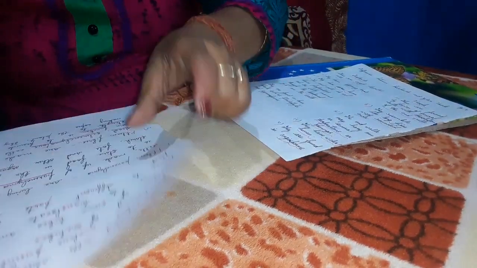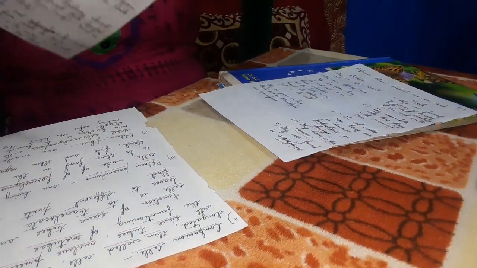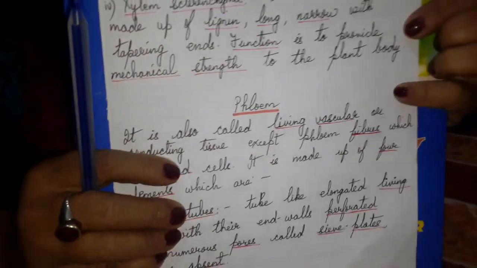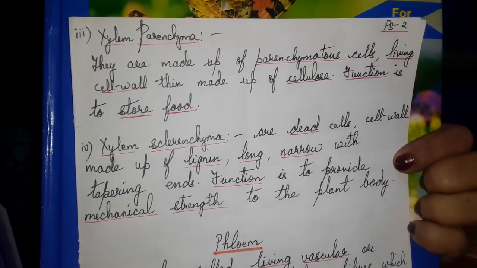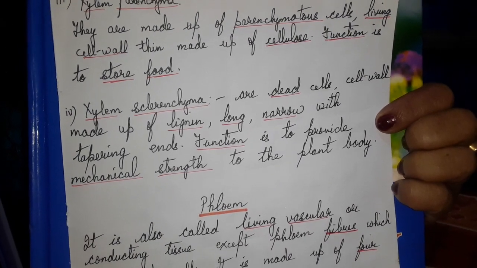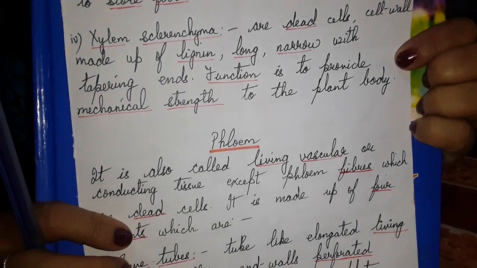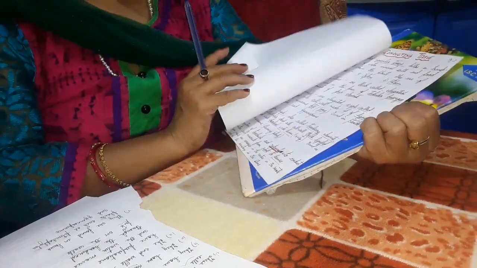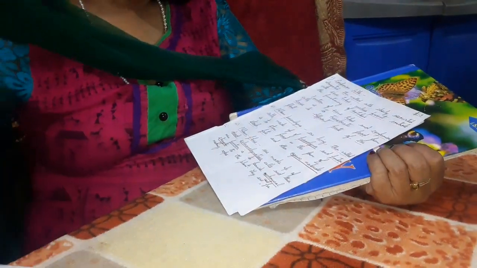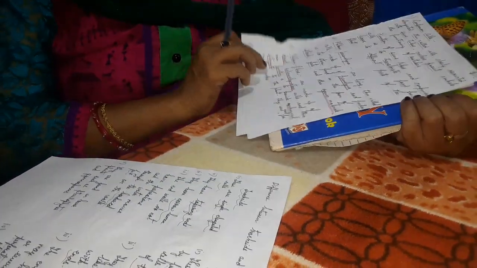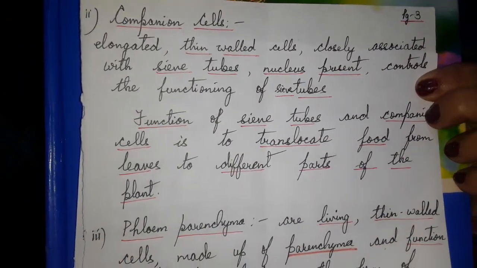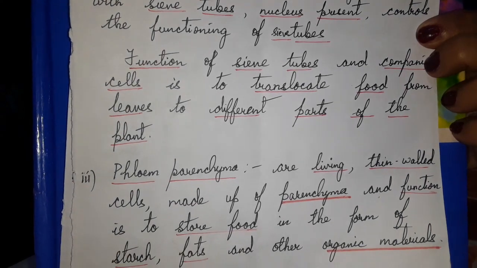We have the third component, xylem parenchyma and xylem fibers. Next you have the phloem cells, which are made up of four components: sieve tubes, companion cells,